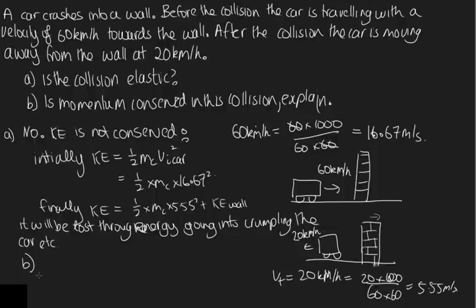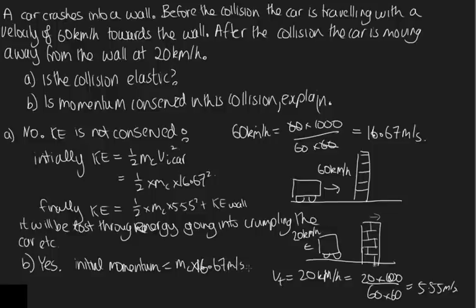Now part B says, is momentum conserved in this collision, and explain. Okay, now this one isn't so obvious. The answer is yes, because momentum's always conserved in a collision. But what's happening is the initial momentum is equal to the mass of the car times the velocity of the car, which is the initial velocity of the car, which is